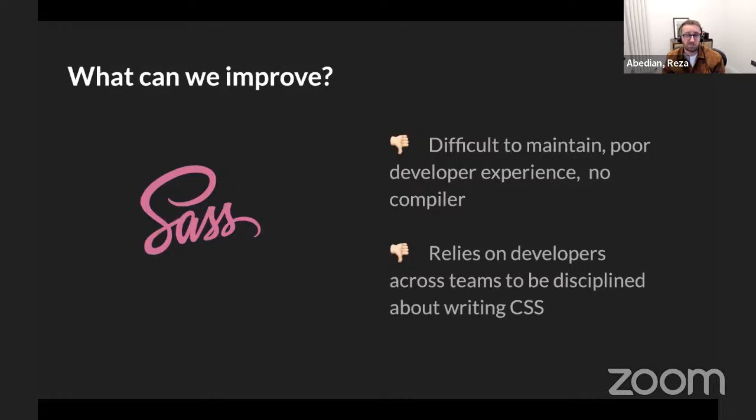We found it difficult as a team to maintain and enhance our monolithic style sheet. As it grew in size, we didn't have the sort of tooling that we'd expect, like a compiler or the ability to do automated unit testing to spot bugs. We also noticed that teams were often encountering issues with styles clashing with one another. For example, if they copied and pasted an HTML element from our website into their applications, sometimes they'd see the styling was a little bit off because any of the global CSS or Sass in their application was actually affecting the elements that they'd copied in. So to solve this, we moved to a CSS in JS framework.